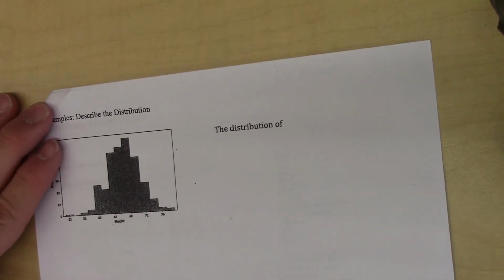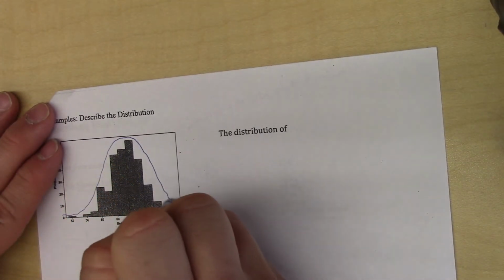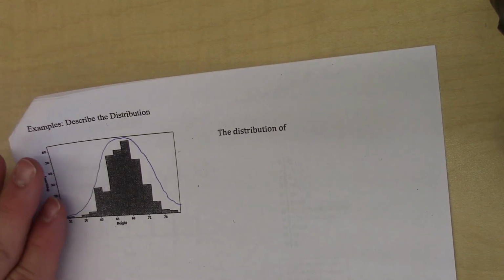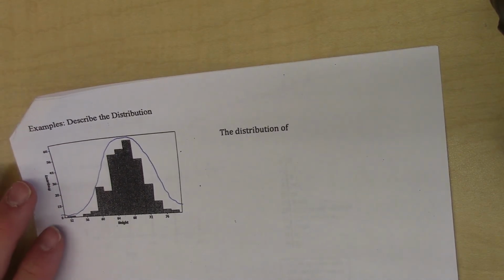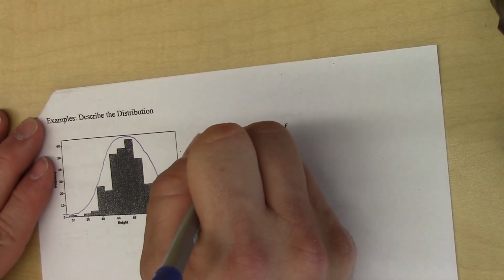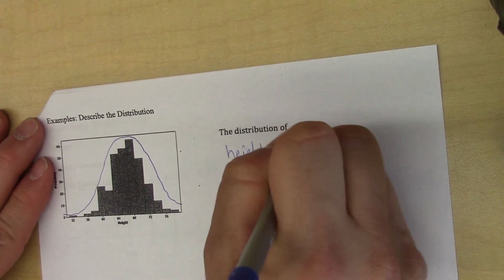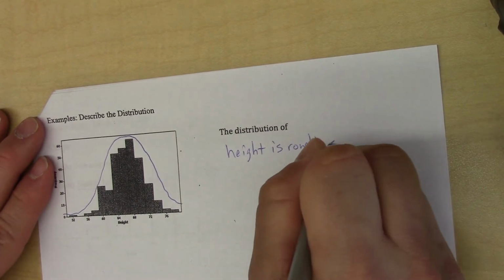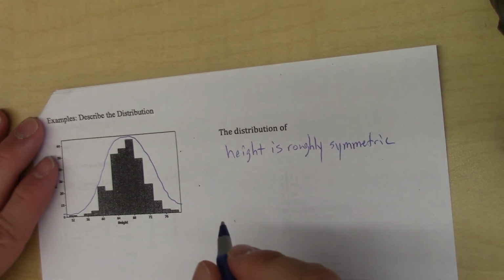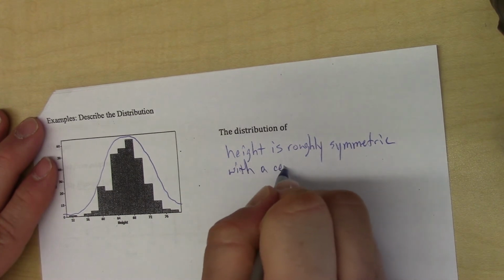What does this look like? Let's describe the distribution. So really, we draw ourselves a picture, okay? And I could say one of two things. Either I'm going to say this is roughly symmetric, because it really looks like it's roughly symmetric except for this one outlier. So I'm going to write that. So height is roughly symmetric with a center